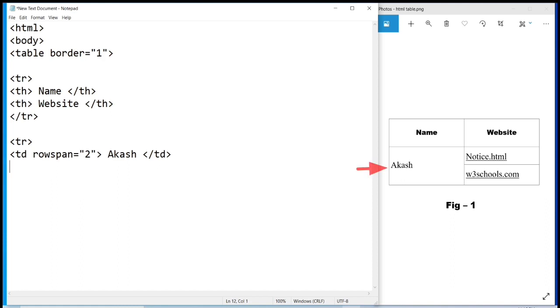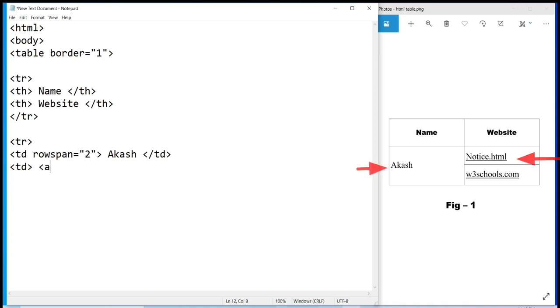That's why it's connected with notice.html, right? So next line you have to use here td again, but here only notice.html is data, and also this one is an internal link. So you have to use the internal link syntax. I know you already know about the syntax of internal and external link. So I'm just writing the syntax.